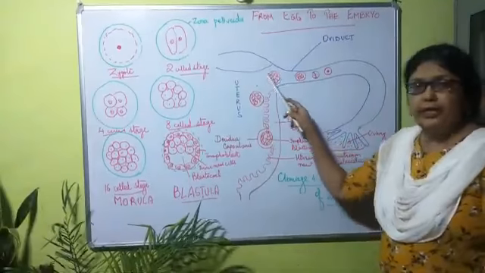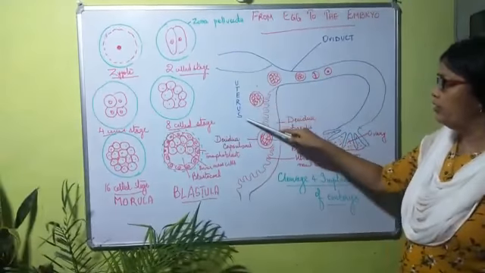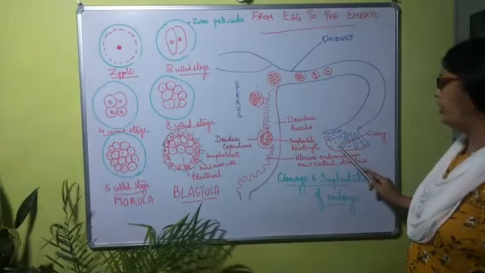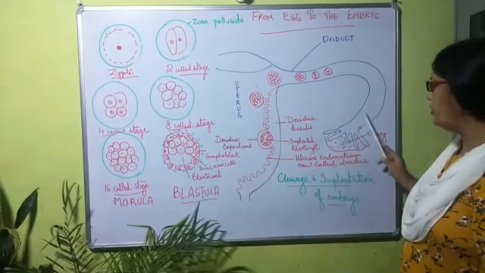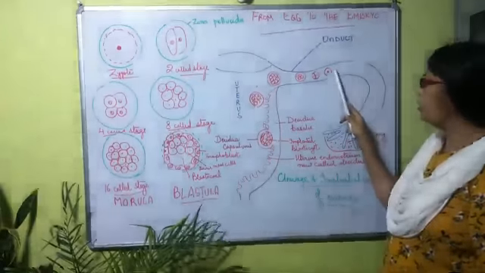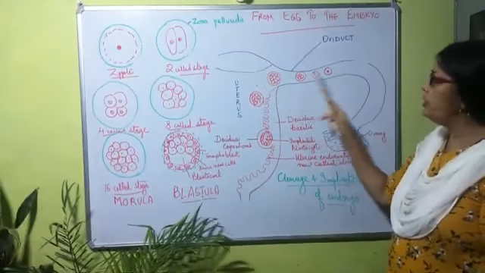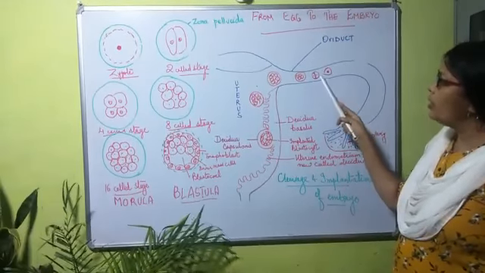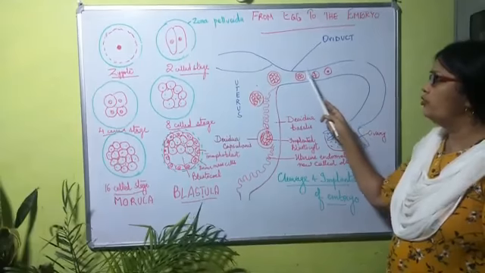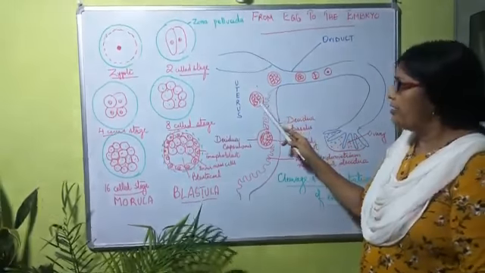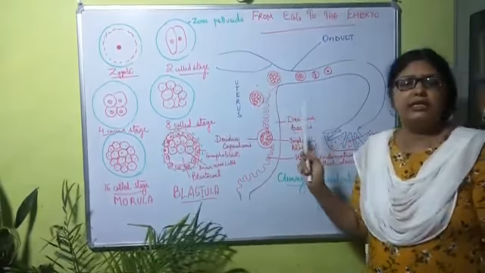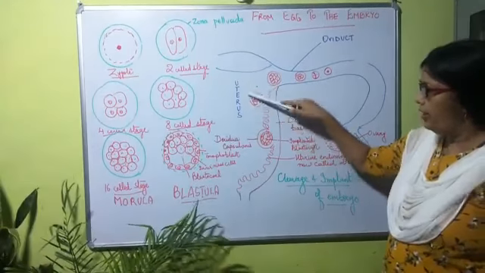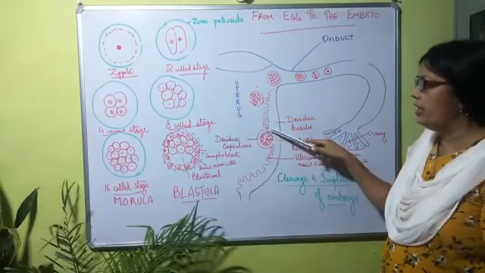Now I'll explain this diagram. You can see this is the uterus, this is the oviduct, and as I told you, after ovulation the ovum is picked up and transferred into the fallopian tube. Then sperms fertilize the egg, and this is the fertilized egg or the zygote. The zygote undergoes cleavage divisions 2, 4, 8 and 16, and when it reaches the 16 cell stage, you call it the morula. The morula floats here in the uterus for 2 days, and on the 7th day gets implanted